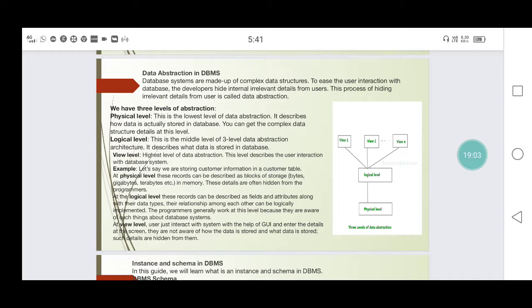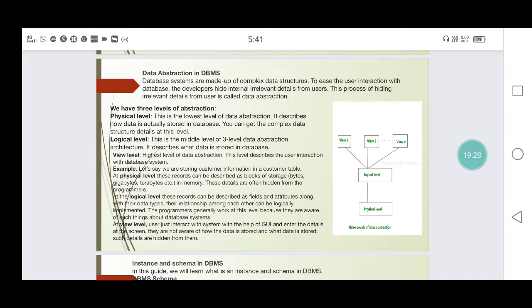The logical level describes what the fields are, what the names of the fields are, what the data types of the fields are, what the relations between the fields are, and what the width of the field is. These are all decided, giving the blueprint of these attributes.